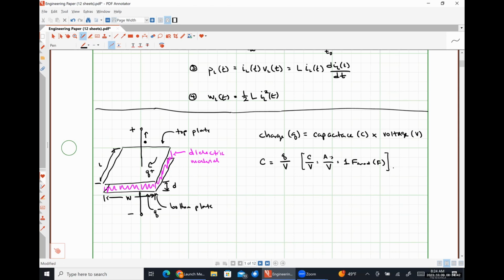As I said earlier, capacitors wind up storing energy because of the sustained electric field within them, right? So for an inductor, we have a coil, or we have a wire carrying a current that generates some magnetic field. We coil up that wire, causing a concentration of magnetic field or a high concentration of magnetic flux, and that is our energy storage mechanism for an inductor. Well, in a capacitor, if we have positive charge stored on one plate and negative charge stored on the other plate,